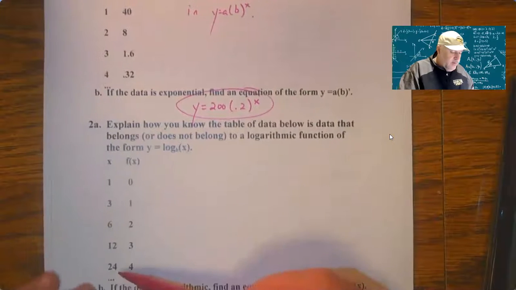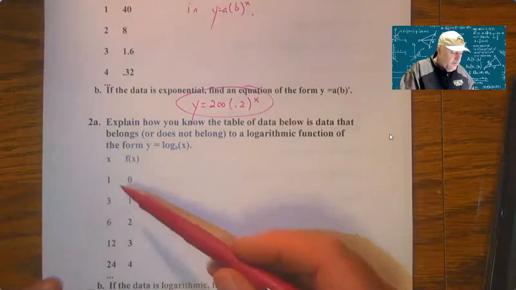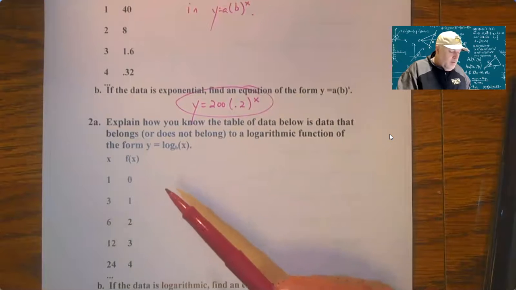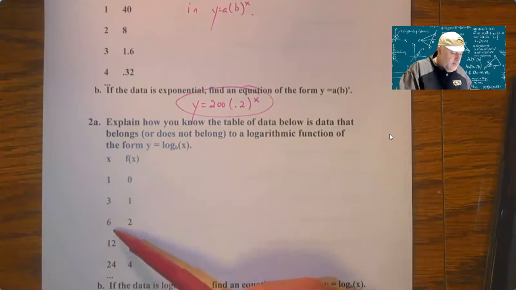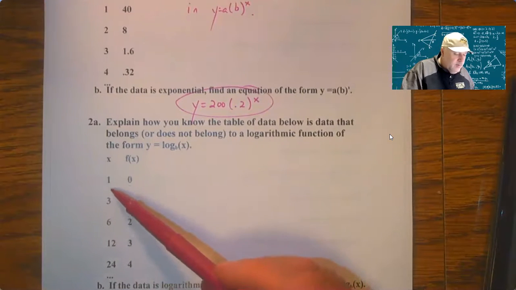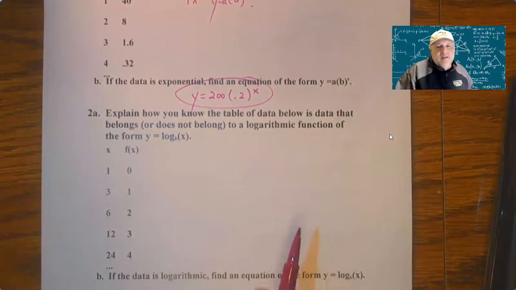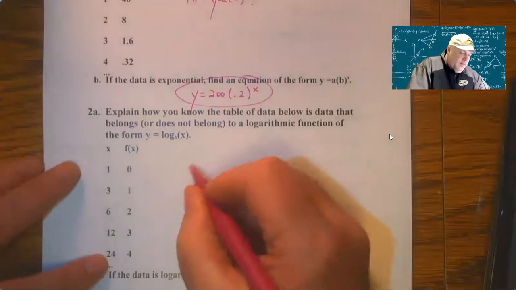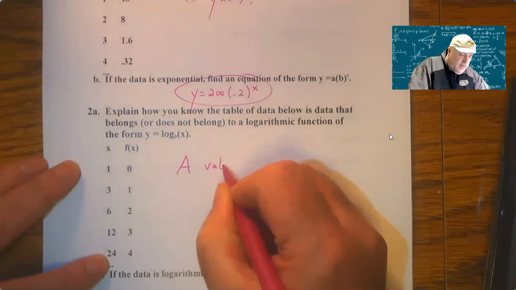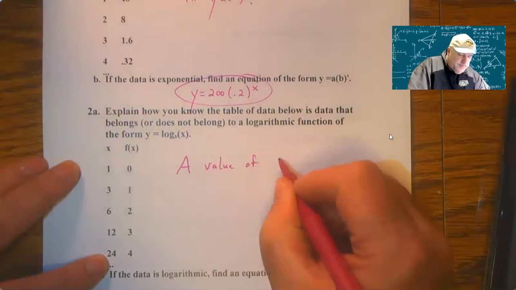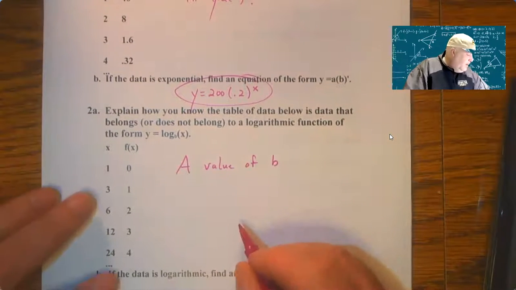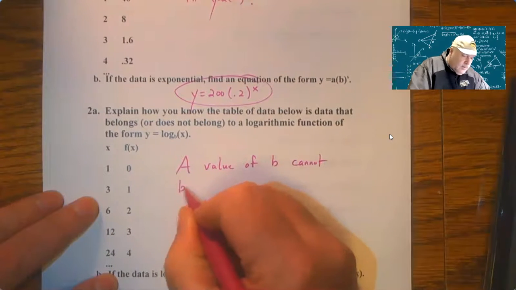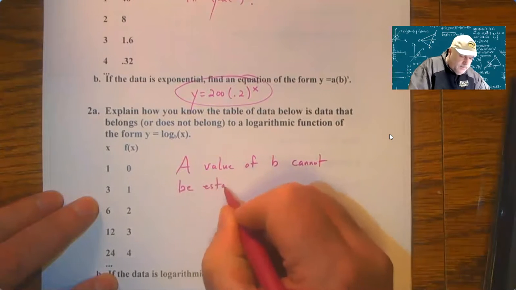Okay, and you'll notice here as you divide backwards, you get 2 and then 2 and then 2, but 3 divided by 2 is not 1.5. So this fails on the last division. So a value of b, it's close, cannot be established. All of them have to work